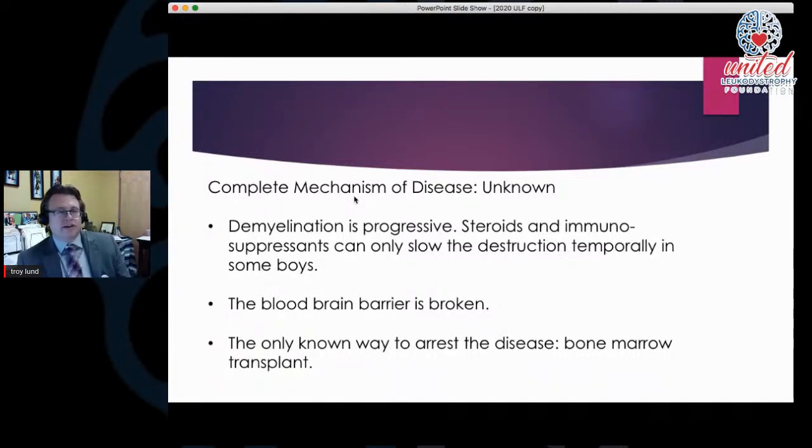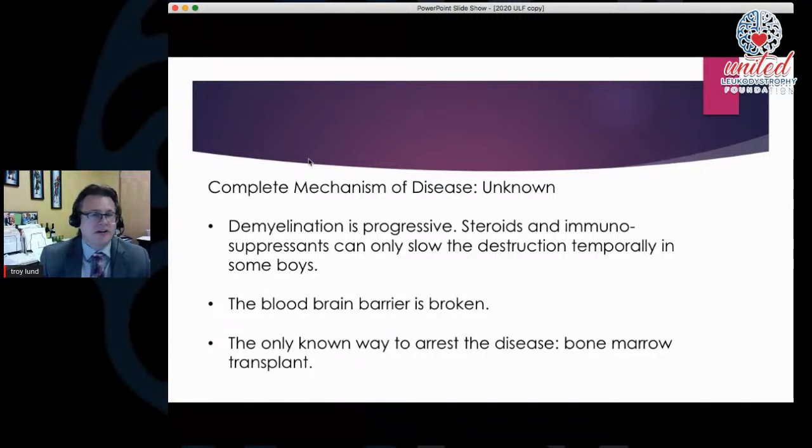Now, as we all know, and as I've said in many different talks, the complete mechanism of how this all happens is unknown. We believe that approximately up to 4 out of 10 boys with ALD will develop the cerebral form by age 18. And despite our studies for many years and the work in the Netherlands and in Boston, I don't know if any of us can predict which 4 boys that's going to be. And it even varies within families that harbor the same mutation. So as far as I can tell, it's really not predictable.